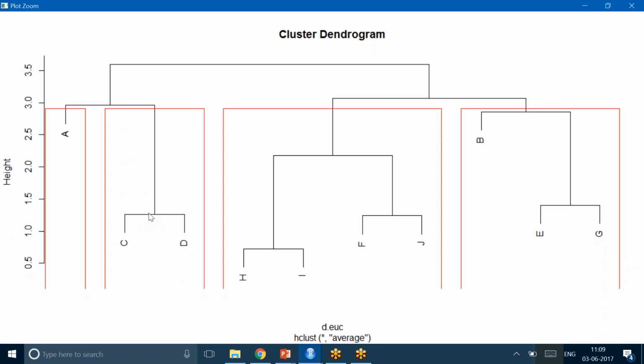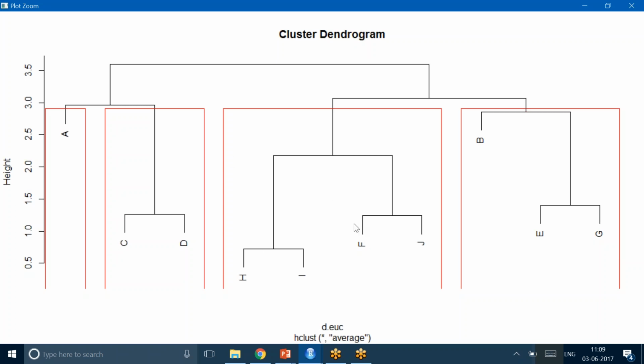So the distance of CD with respect to A is somewhere from 1.4 till 2.8, so the distance is 1.4, and the distance of this HI is somewhere here, and this FJ is somewhere here. So the distance is this much only. So that distance is very less. On this scale the distance is available in height,